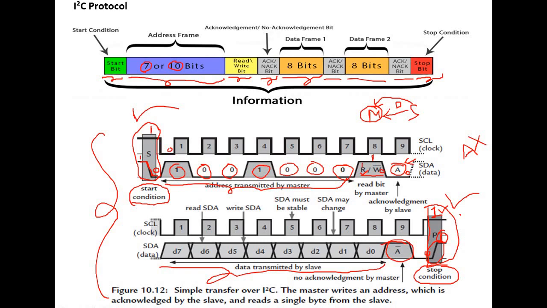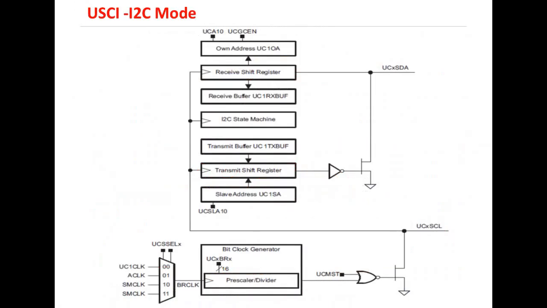And coming to the block diagram of I2C, see here, this is the clock generation unit. Here, with the help of UCSSELx, where UC represents Universal Communication Interface and SSELx, clock source selection, you can select any one of the clock sources. And by scaling that clock source, you can generate the SCL signal, the serial clock signal, which is required for data transmission.